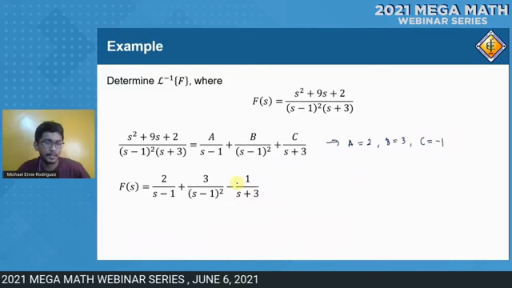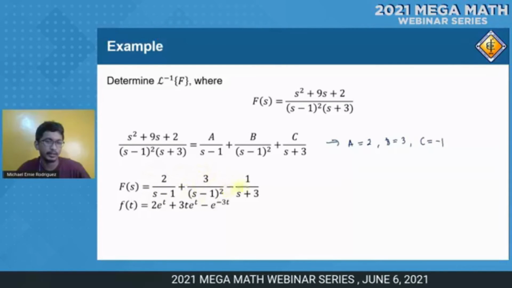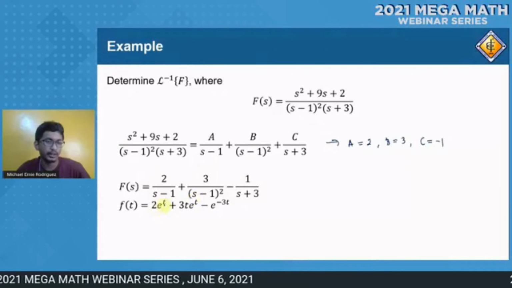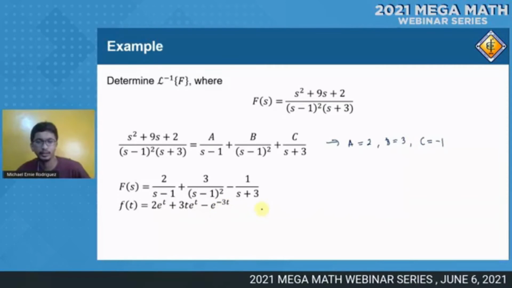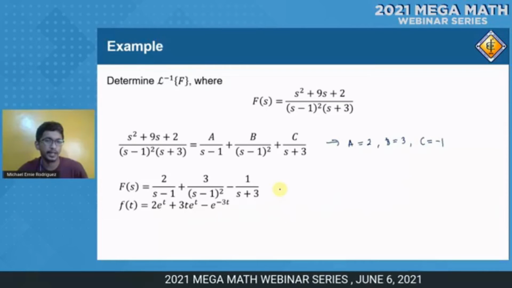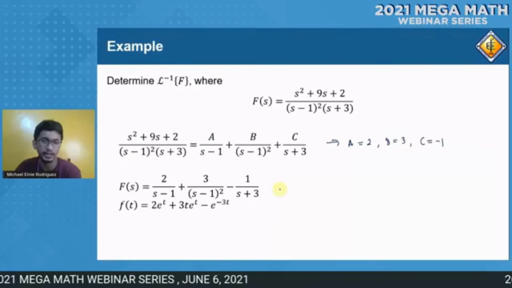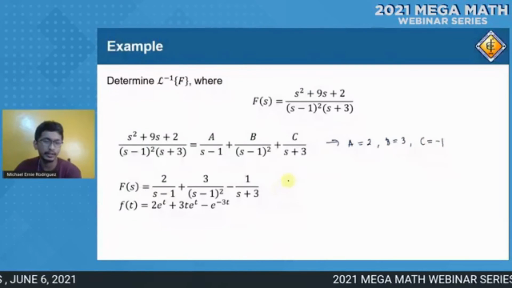And then, we apply inverse Laplace transform. So, formula number 5, this is formula number 6, and again, number 5. So, we have 2 e raised to t plus 3t e raised to t minus e raised to negative 3t. Okay? So, yan yung ating pag-solve ng ating Laplace transform, and ito is inverse Laplace transform. Okay? So, ito yung ating